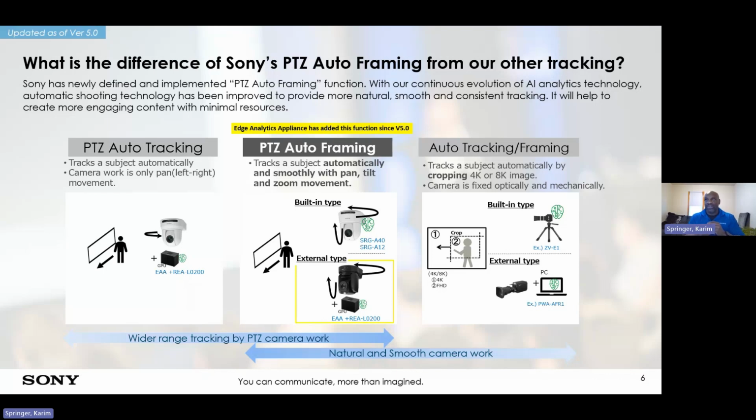after looking at a lot of customers' requests, they really wanted a camera capable of doing pan, tilt, and zoom. That's where we came up with PTZ auto framing. PTZ auto framing will always keep the subject within the middle of the frame while doing a pan, tilt, zoom movement. Now you can see here where the Edge Analytics box embedded into the video appliance